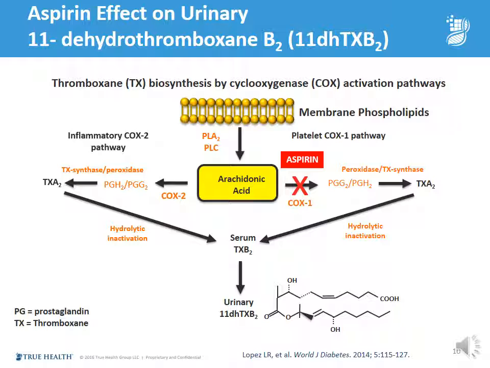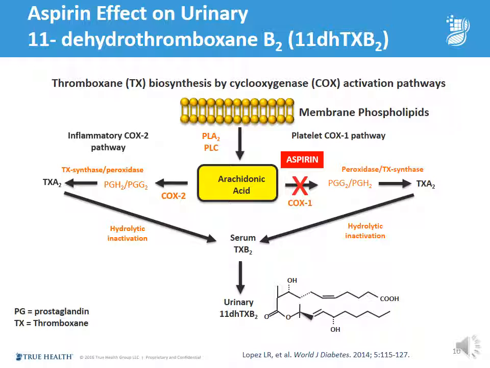Aspirin virtually always takes out the COX-1 pathway at low dose, but it may do nothing to the COX-2 pathway. So the test remains abnormal, but that does not mean that aspirin is not working. Aspirin has indeed taken out the COX-1 pathway, which is desirable, but there are other issues at play